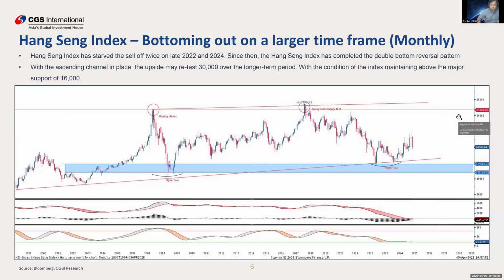All right, first of all, from the technical perspective, we are nearing the low of the market. Second, if you look at the long-term stochastic, we are looking at an oversold condition. So there may be an upside on this, and then it carries on to target the 30,000 level.